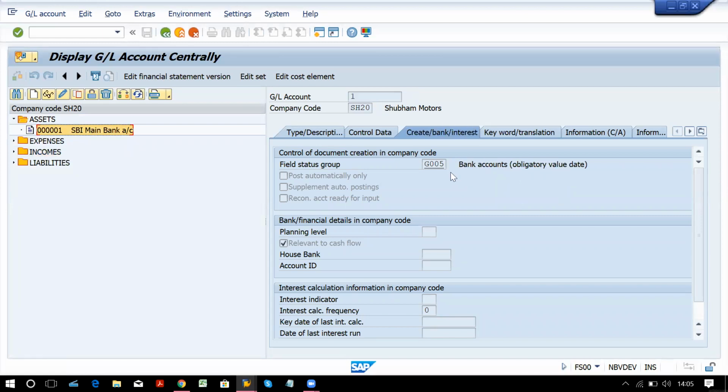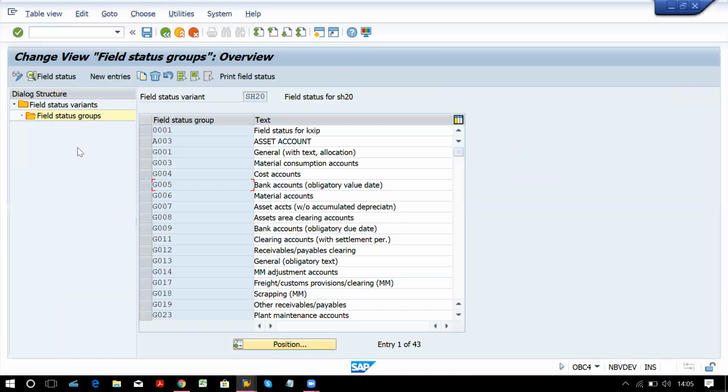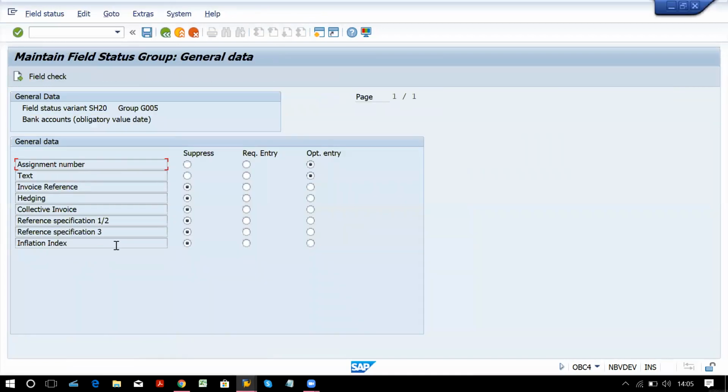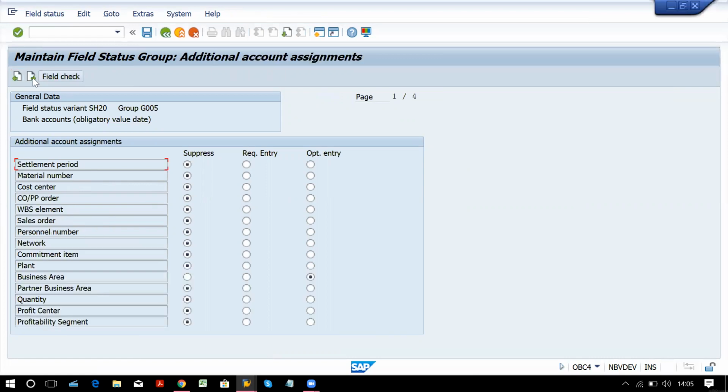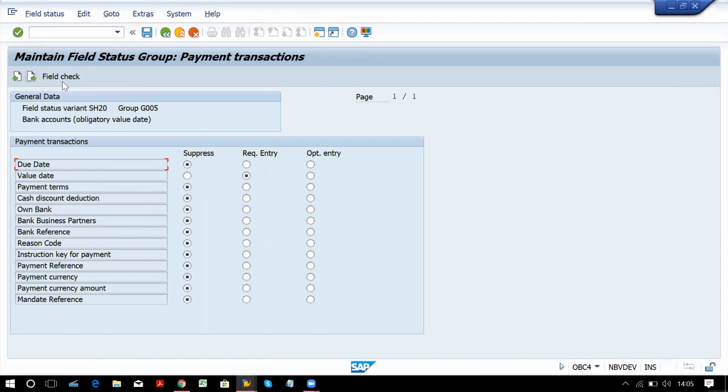So if you go here, double click on that and double click on these fields. You have to search for the particular field which is a required entry and make it optional. You can use next. So this is the required entry for value date. Now the client doesn't want it required, so you have to make it optional, and save this.